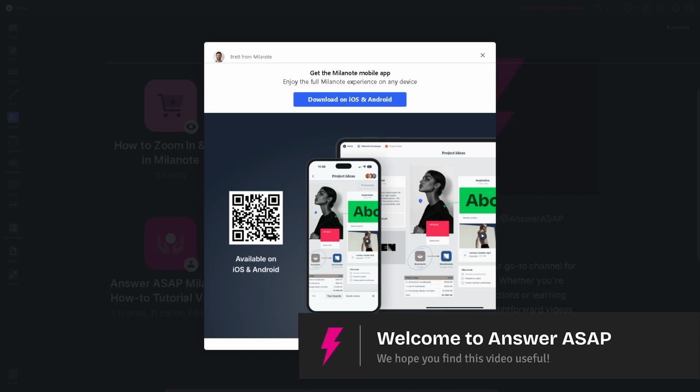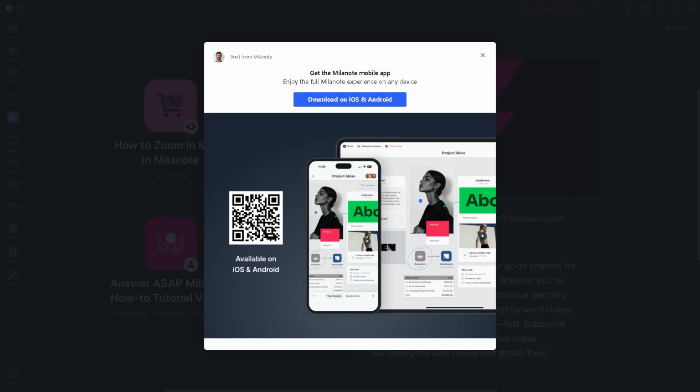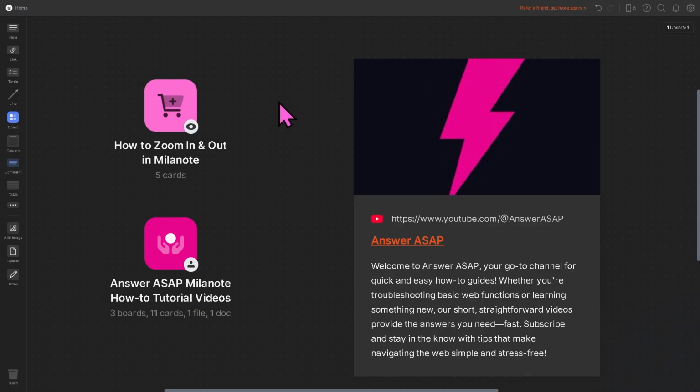In today's video, we are going to show you how to zoom in and out in Milanote, which is super useful if you want to navigate your boards faster and work more efficiently. Let's begin. Now, the first thing that you need to do is log in using your credentials, and then we